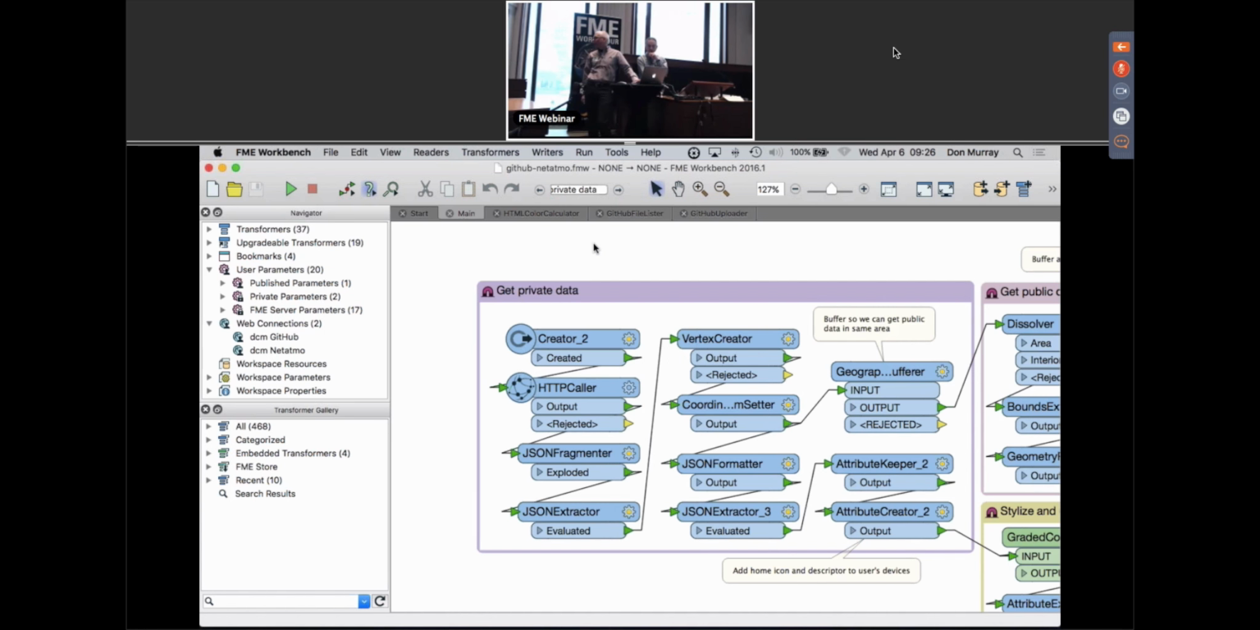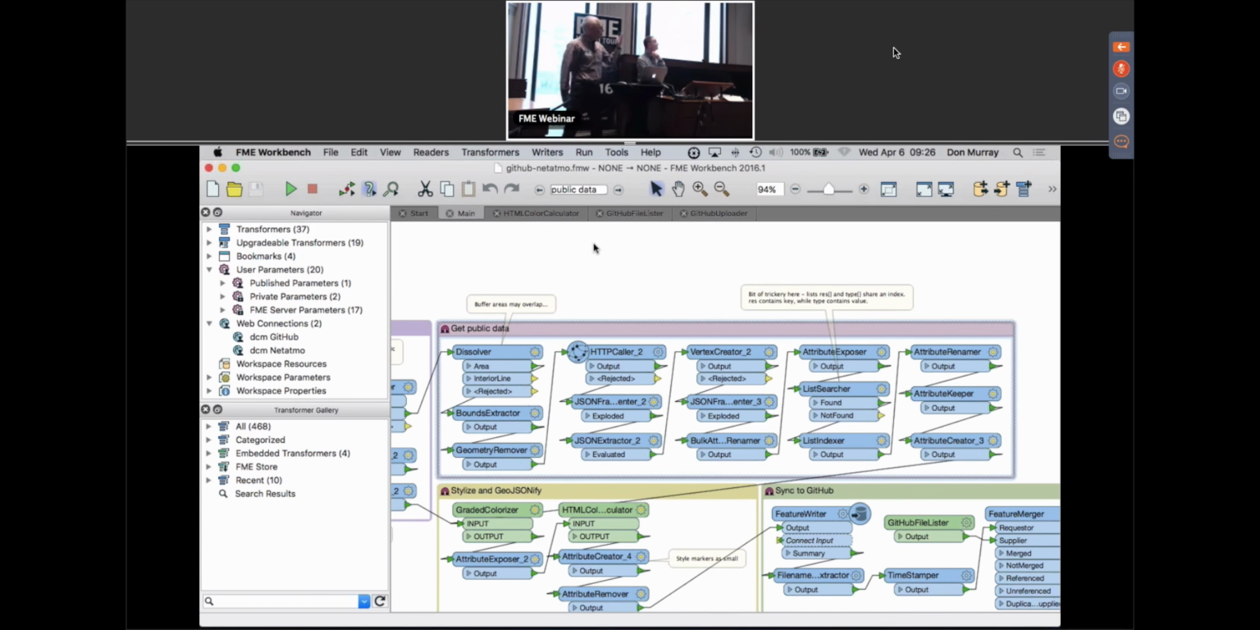Okay, what do I do next? I hit the space bar. The projectors are a little low, but whatever. You can see the next one. Okay, getting public data. I hit the space bar again, and you can see it moves to it